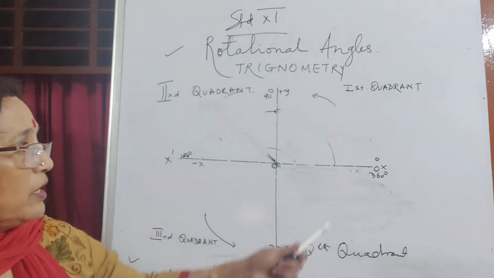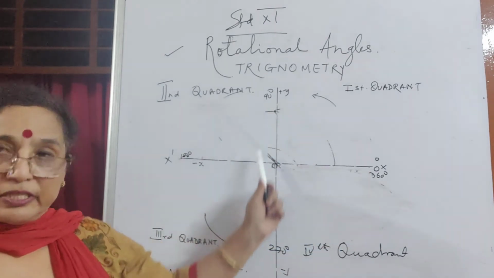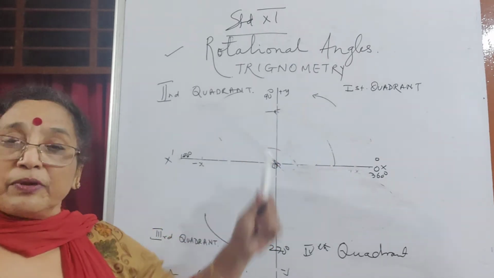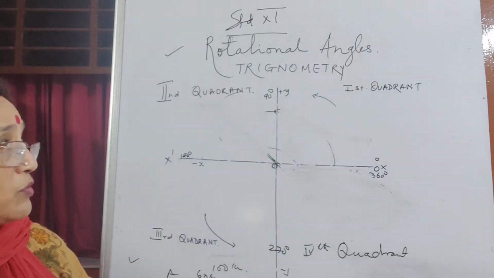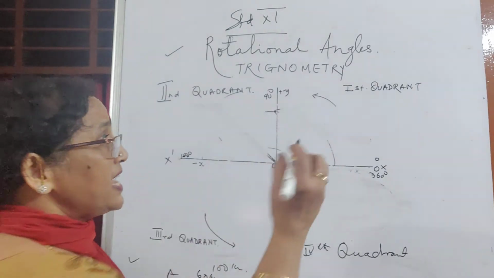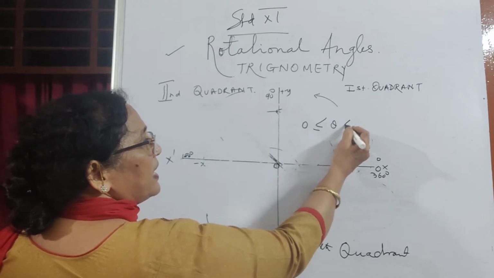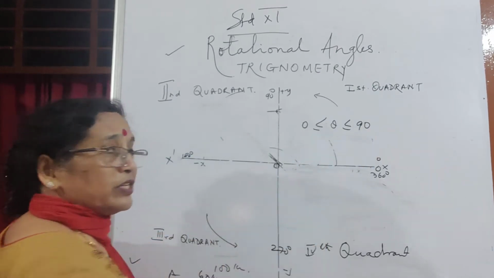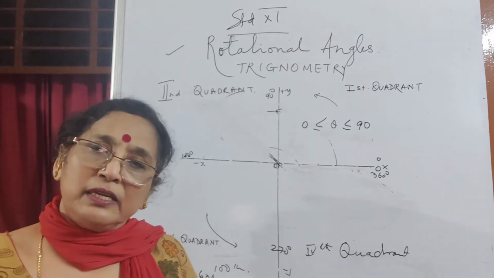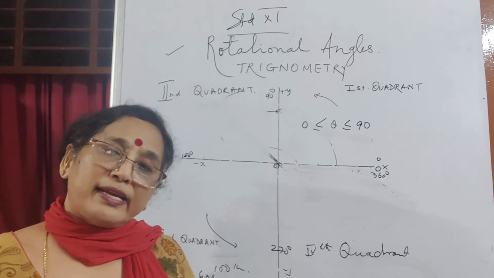Now what we are doing here, this we are considering baseline. We'll talk about this also. This we consider baseline. So I go this way, right? When you are going, acute angles are here. So let us say any angle is theta. Here it is greater than or equal to 0 and less than or equal to 90. So in the first quadrant, you have all angles between 0 to 90, which are acute angles, all angles less than 90.